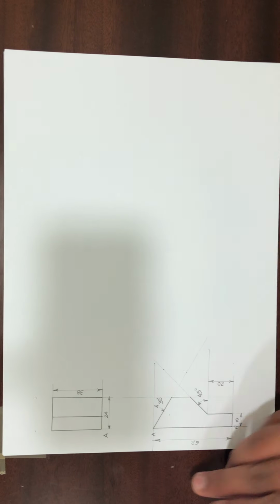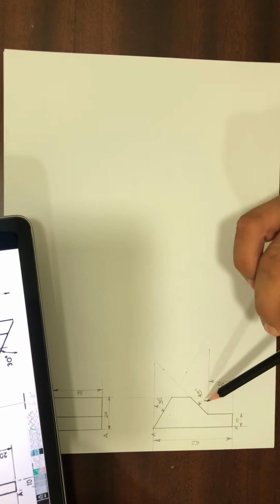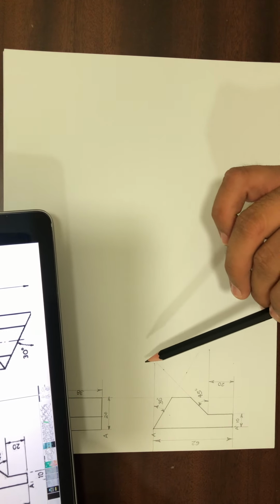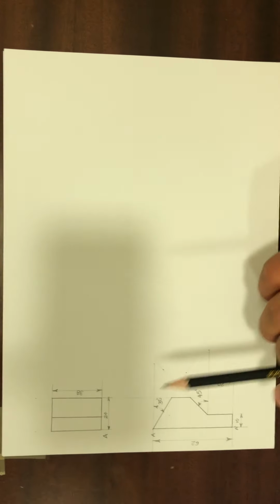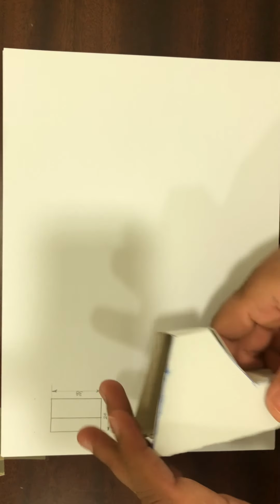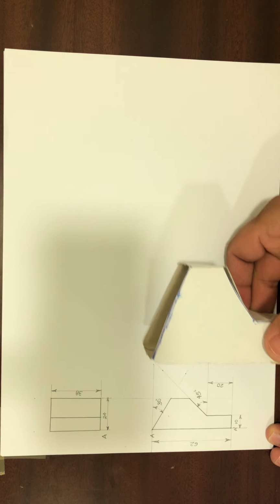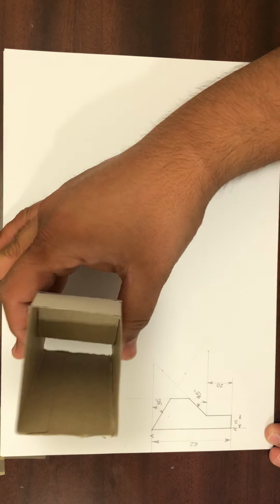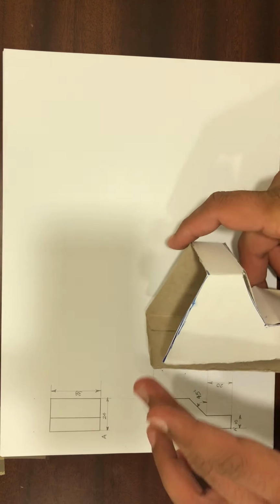So now we have drawn the figure. So the front view and the top view is completed as it is. Okay. Now what we have to do? We have to make the development. Development is nothing but, suppose this is the figure. This is the front view. Front view is here. This is the top view. Okay. So now we need to make the development.